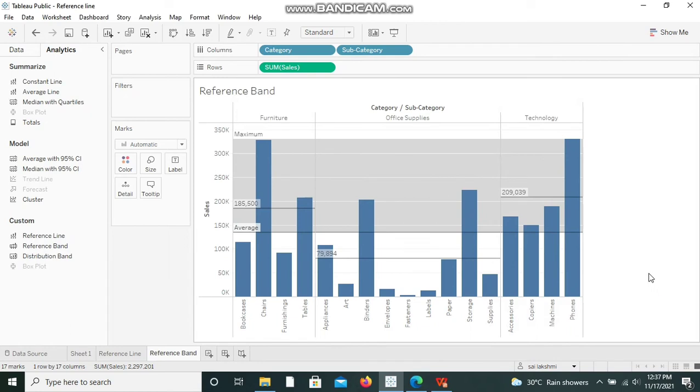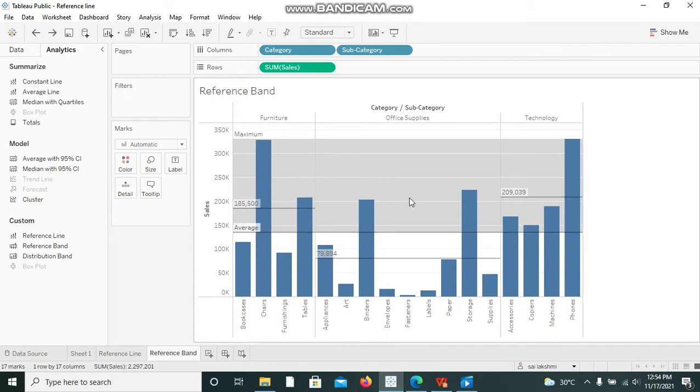So when we select band, it will compare the values from average to top. I mean the maximum value will be displayed and highlighted on the top, and the average value will be displayed with a line, and the band runs from average to maximum.